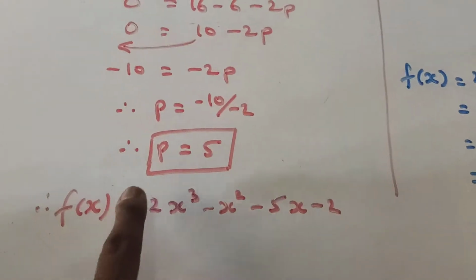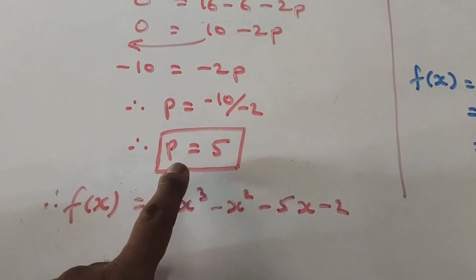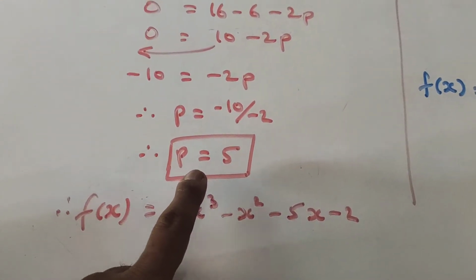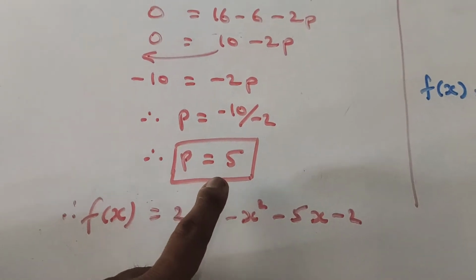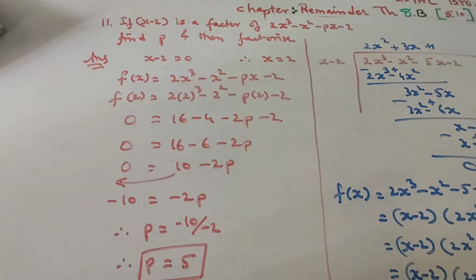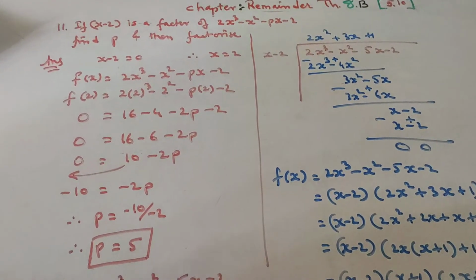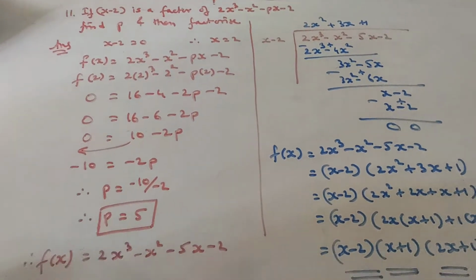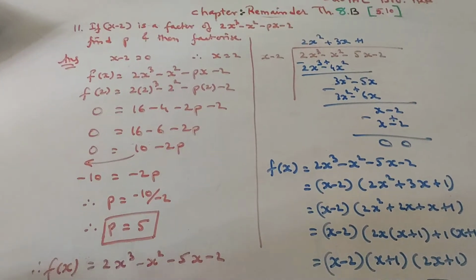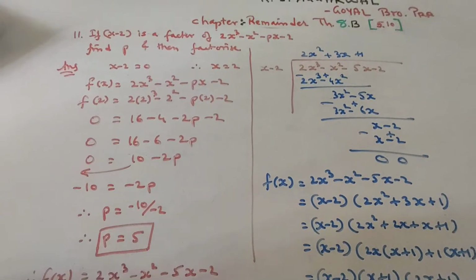So here we make a box, so that those people who are checking your papers will come to know that the value of p is 5. And this is the method that you have to follow in the board examination. The same method, not a single change must be there. I hope you understood. Let us work it out on sum number 12.